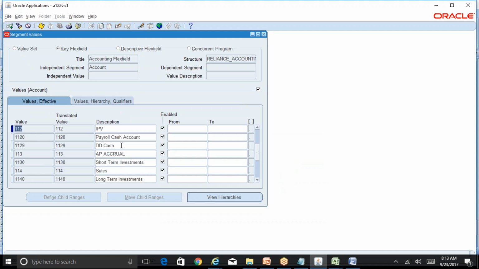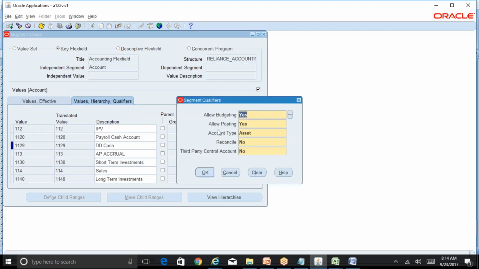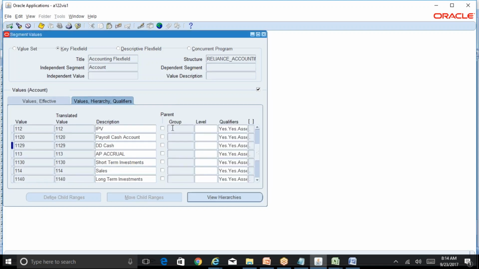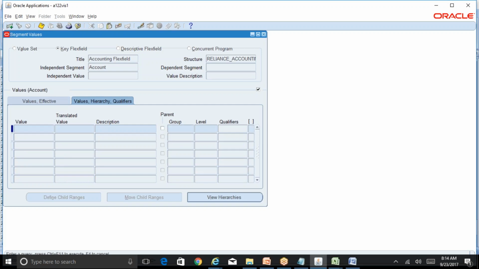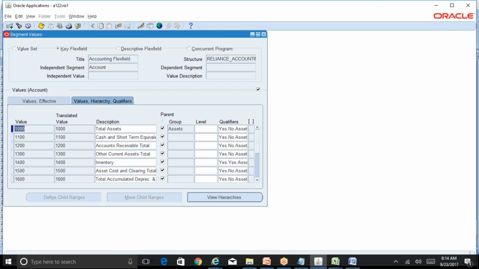When you are defining an account, you specify your account number, the description, and then here you specify your flex field qualifier, whether budgeting is allowed or posting is allowed, and what the account type is, and the other flags. Similarly, there is a checkbox called parent. Now try to query for existing accounts which are already defined as a parent. So I'm pressing F11, checking this checkbox, and then Ctrl F11, which will retrieve the list of all the existing parent